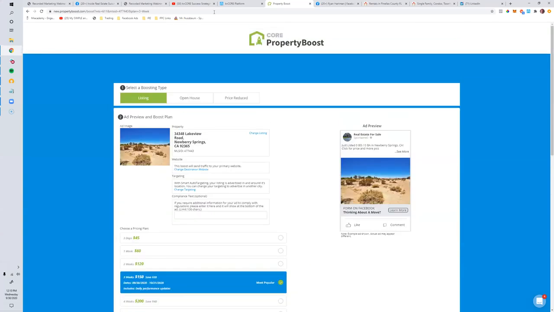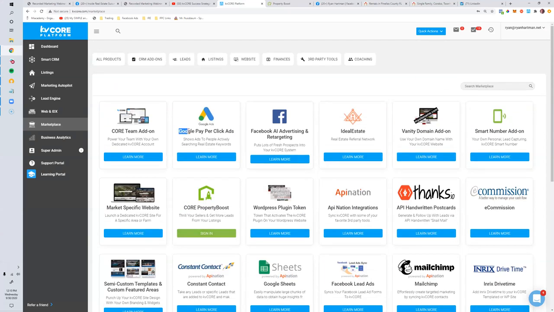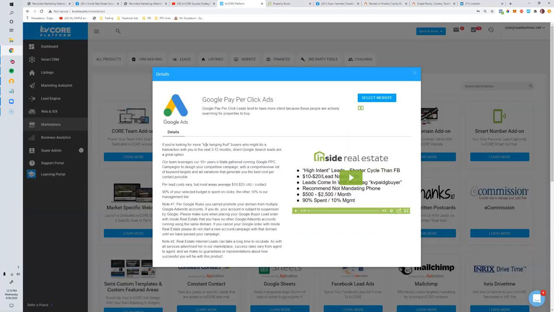The other thing that we have going live, maybe I can talk about this. I don't think it's quite been toggled on, but we're moving our Google pay-per-click service, which has typically been $500 a month. The tile should go live today. This is going to change, and you're going to have the ability to order the setup of a Google pay-per-click campaign inside of your Google Ads dashboard. So how it'll look is you'll order, and then you'll give us access to your Google Ads account. You might have to go create one really quick. I have a video that shows you how to do it after you order. And then once we get access to your Google Ads account, we'll do all the stuff we usually do for the $500 or more a month service, but we'll do it in your account so that you can control the spend from day to day.